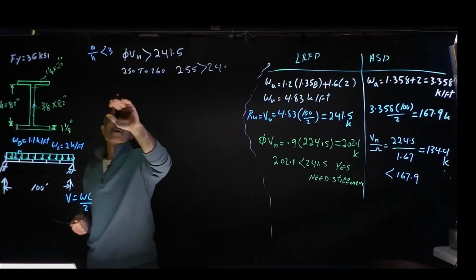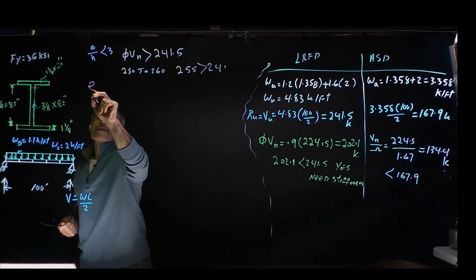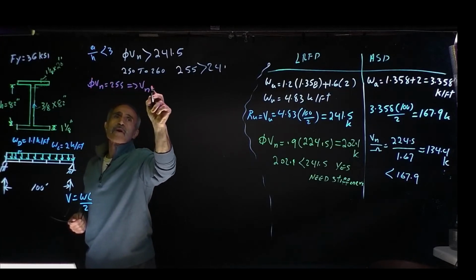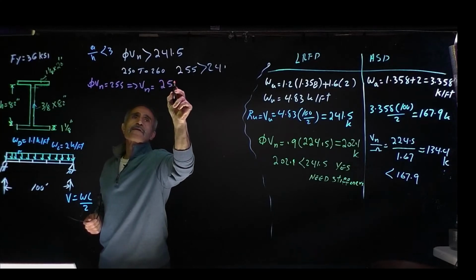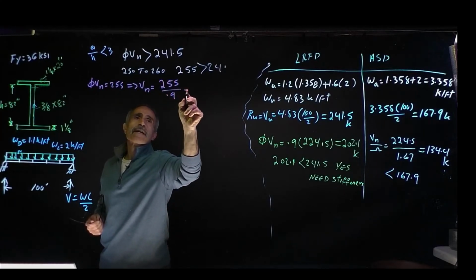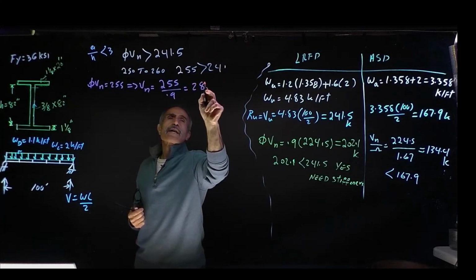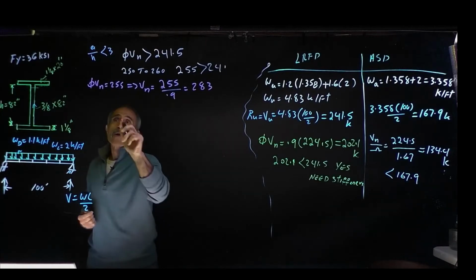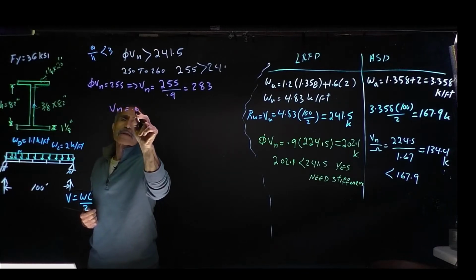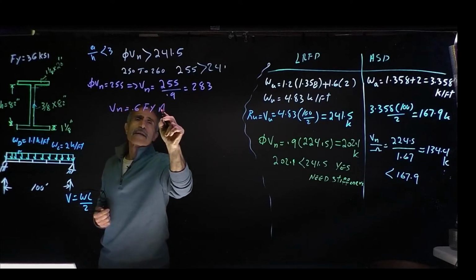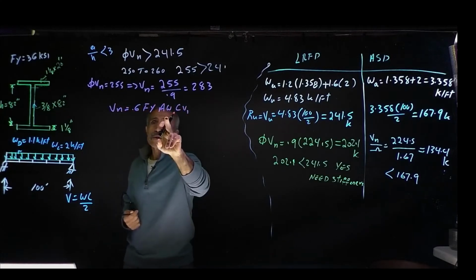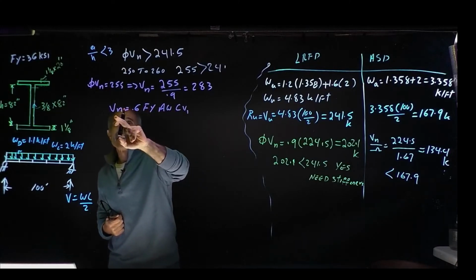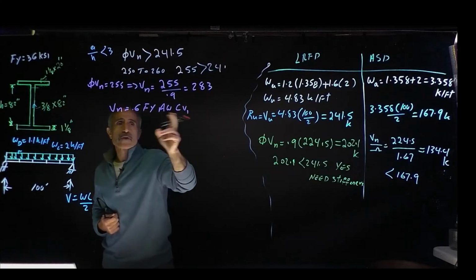I'm going to go ahead and say, okay, phi times Vn is equal to 255. Therefore, Vn comes out to 255 divided by 0.9, and 283. All right. Now, going back to the formula, we know Vn is equal to 0.6 Fy times Aw times Cv1. We know this already calculated from the previous step. We know this, we know this. We don't know this, and we think this should be that number, so we're going to figure out what Cv1